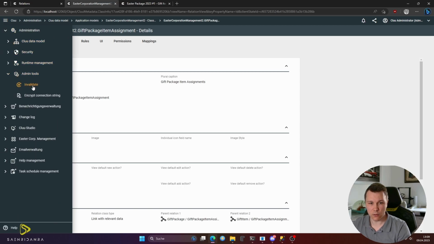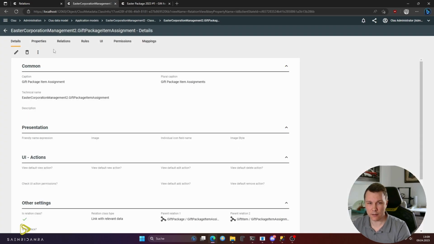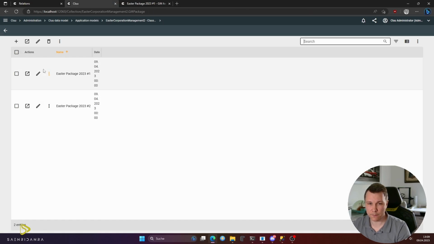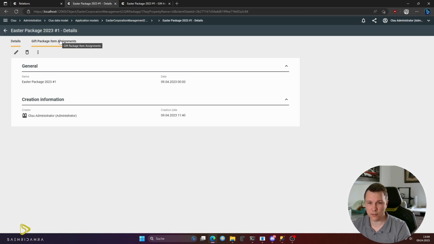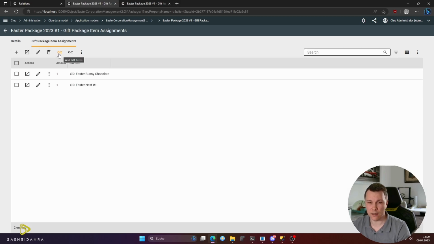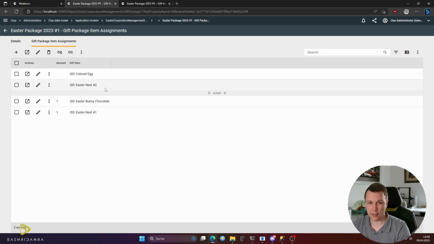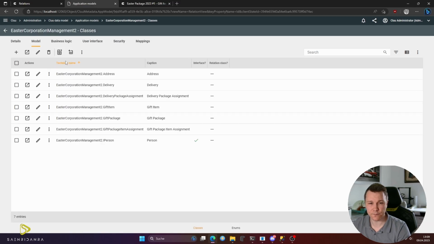When we reload, validate, and open the gift package one more time, you can see that we have now these Cluu functions with which we can add the selected or all the gift items to the gift package at once without having to create each item assignment individually. All right, so